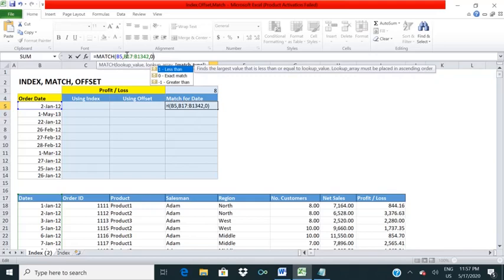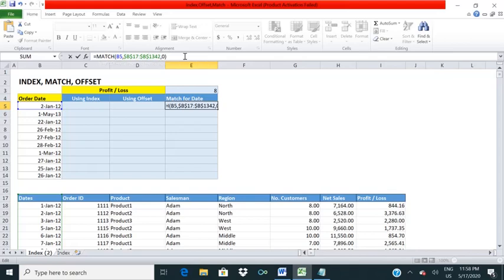As I want to apply this formula to the whole one-dimensional array, I need to put dollar B dollar and the column number. Basically we are giving dollar signs to fix that particular range.